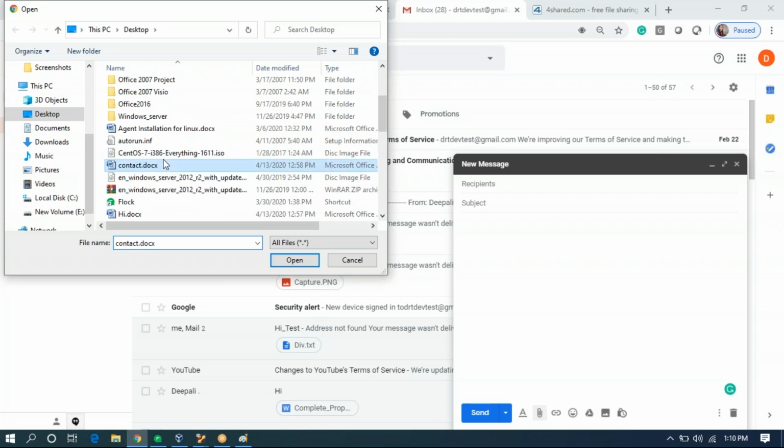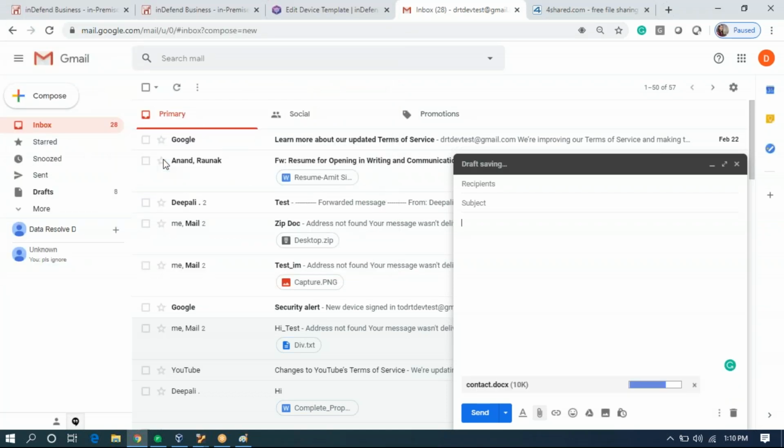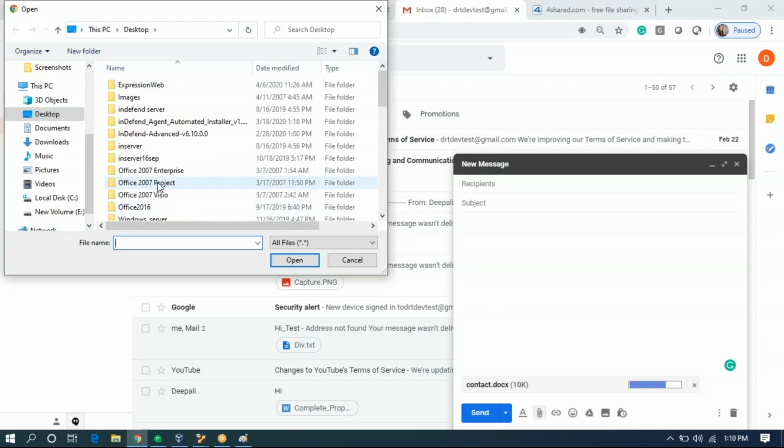For now, we have blocked any other file extension except for PDF, so no other file extension will get uploaded.